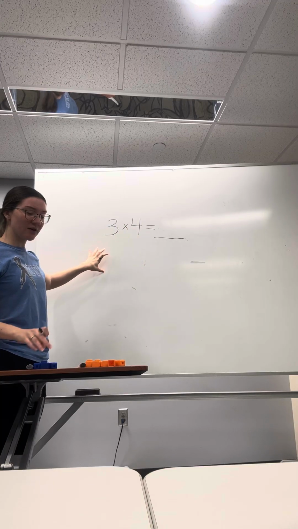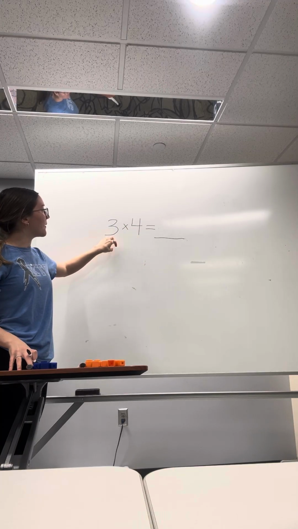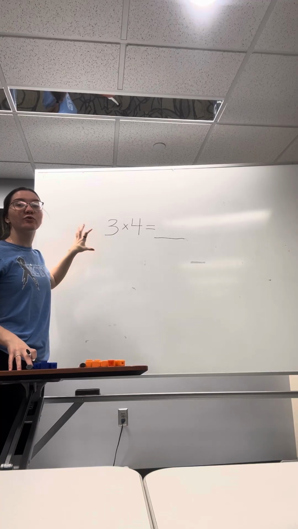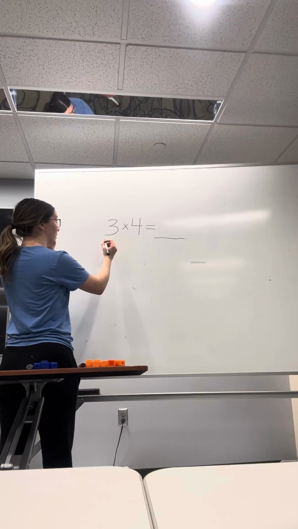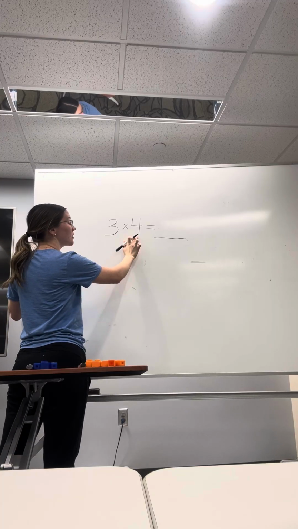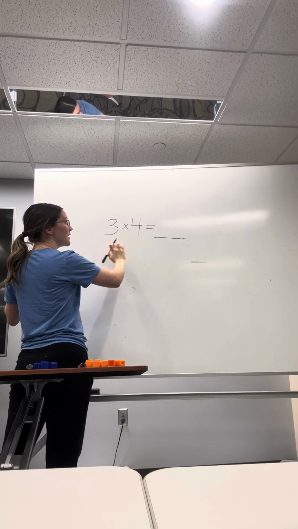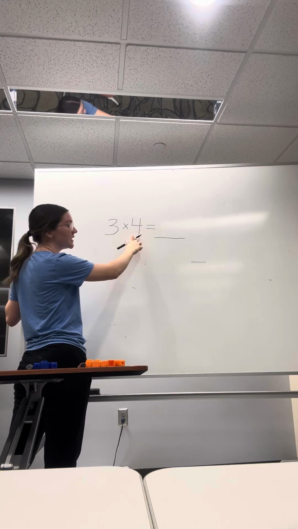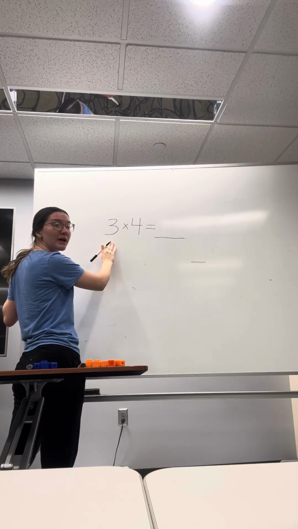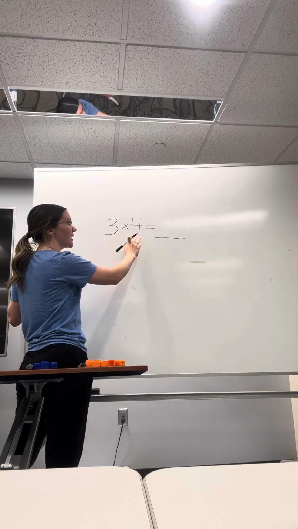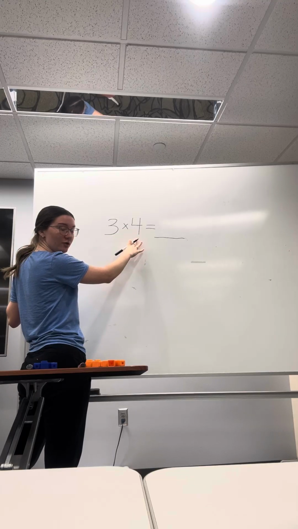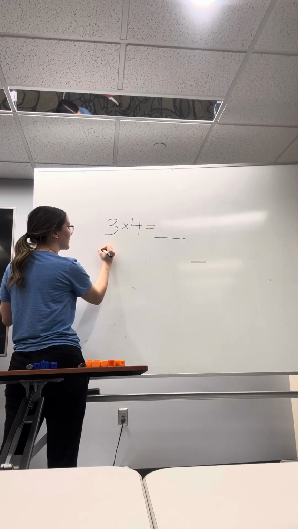So we are gonna need to break up this idea into groups for our addition, okay? So we are gonna have 3 groups of 4, okay? So one of these numbers is gonna be a group and the other one is gonna be how many groups and the number that's in the group. So to show you here, we'll have